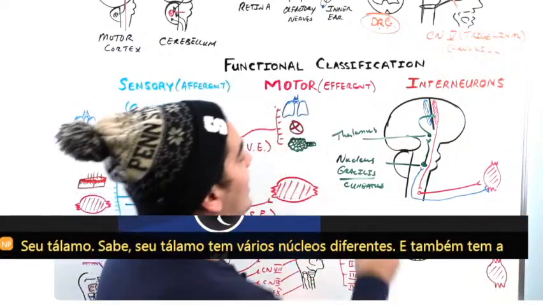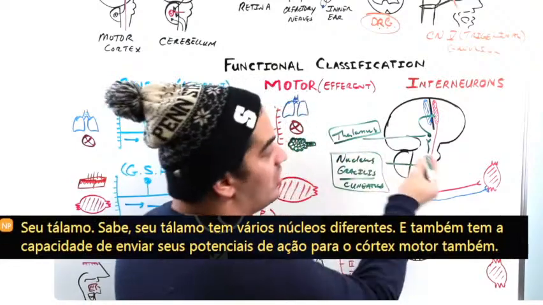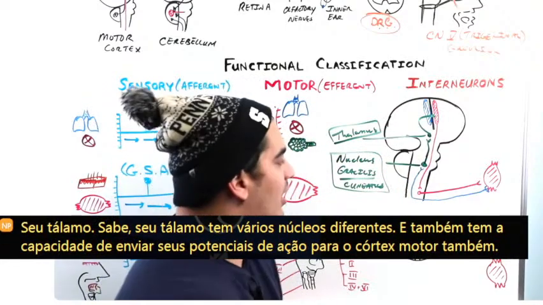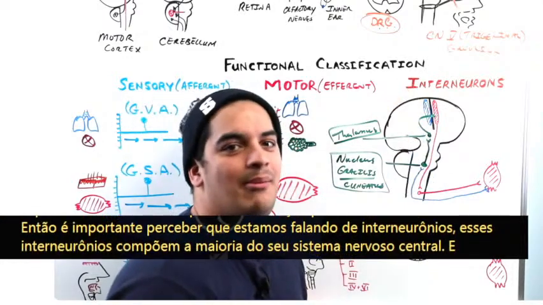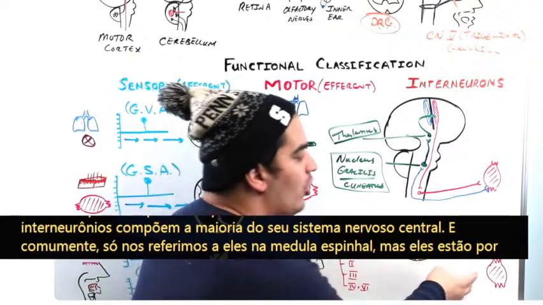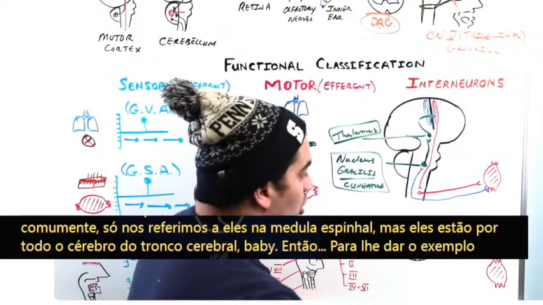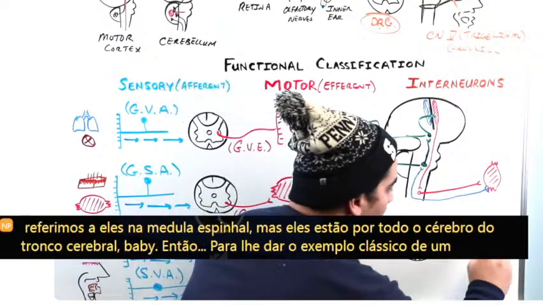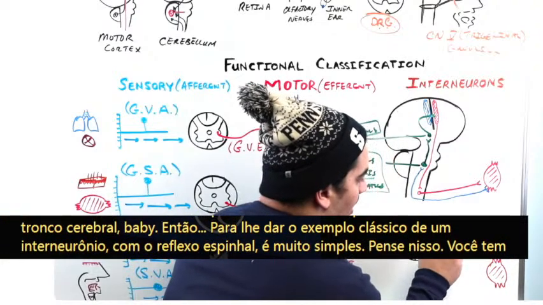So it's important to realize that when we're talking about interneurons, these interneurons make up most of your central nervous system. And commonly, we only refer to them in the spinal cord, but they're all throughout the brain and brainstem, baby. So to give you the classic example of an interneuron, with the spinal reflex, it's pretty straightforward. Think about this. You have a sensation coming from the skin. Someone touches your skin. That sensation then does what? It moves